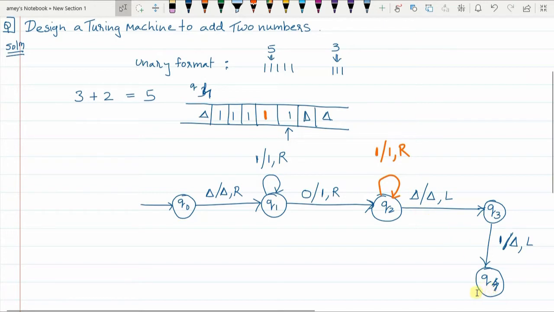You could actually keep the pointer stationary and go to the halting state. But what is important is that after this problem is solved, the user is going to read the output. If the pointer remains here, he will start reading from here, so he will read this one, and when the pointer moves to the right, he will observe that there are no more elements present. So the answer would appear as 1, although there are more ones present, but reading will start from here.